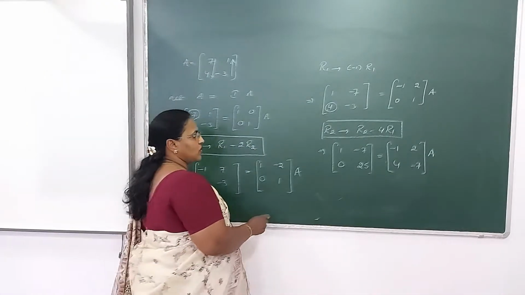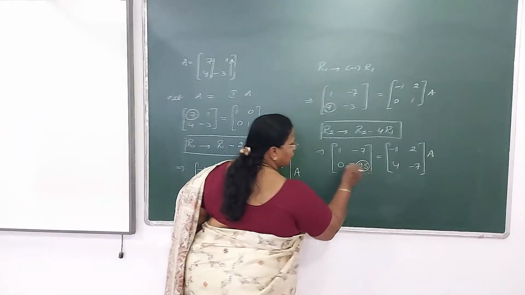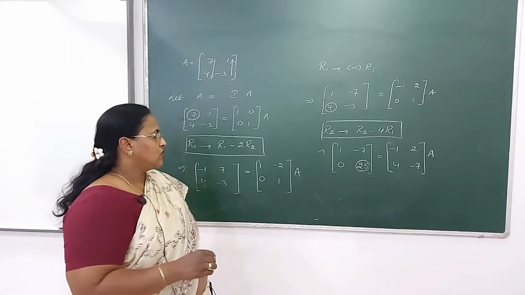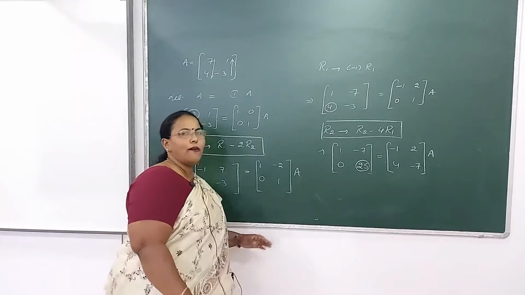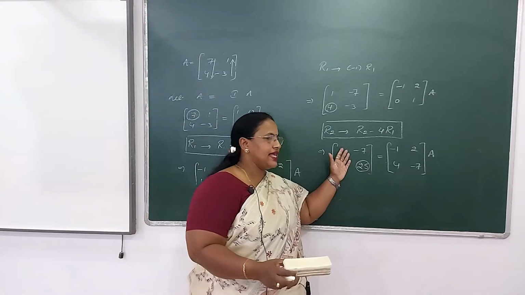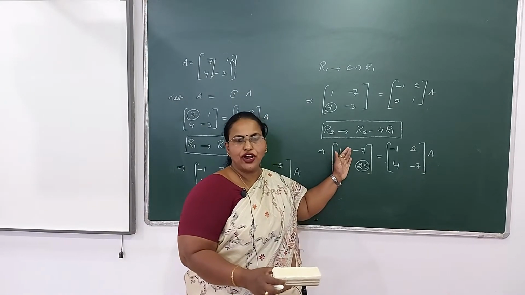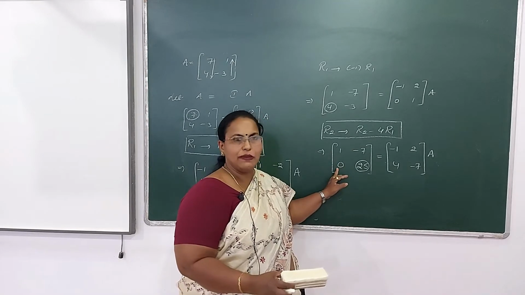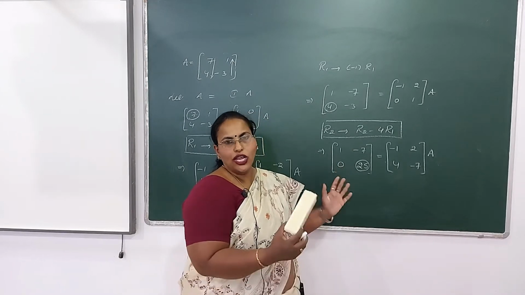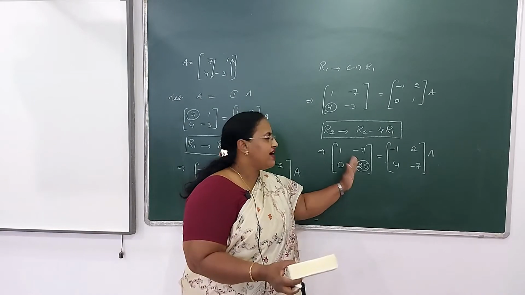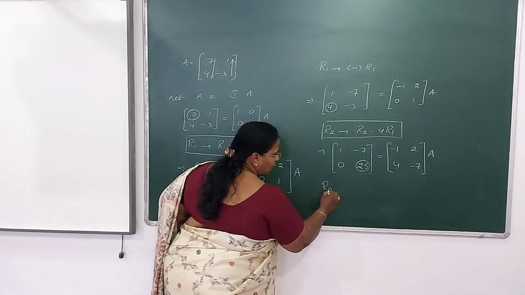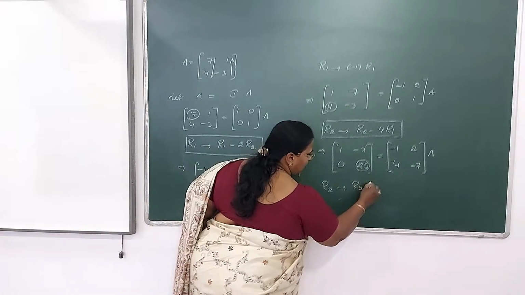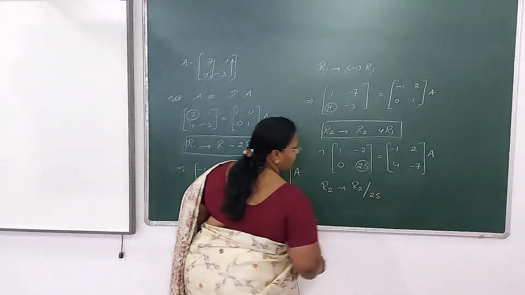Now we'll move to the next column. The diagonal element, first of all, you will make it as 1. So this is the only element left. Here, no operation as such, you cannot take the help of R1, because if you take the help of R1, this 0 will be replaced. So the only option left here is dividing by the same element. So let us go for this. R2 replaced by R2 upon 25.